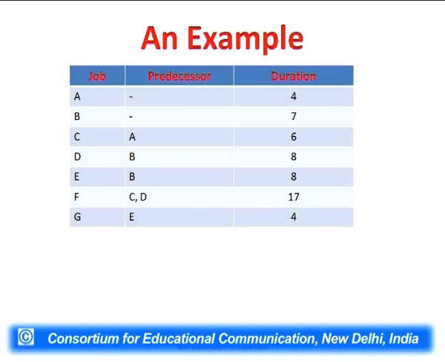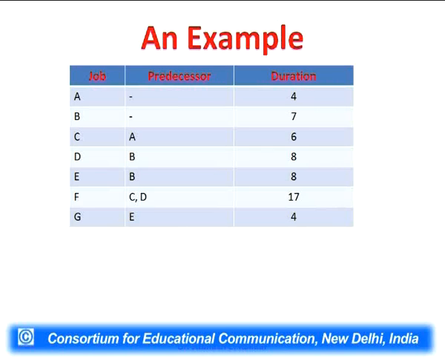How to make the network? I have an example, and three things are required for making a network. The first one is the job or the activity, the list of activities which are to be completed. Predecessor, what is the preceding activity to each of these activities. We have to make a list of those activities also. Then finally we should know the duration of each activity. So in this particular slide, the list of jobs to be completed and preceding activities are given, and the third column gives the duration of each activity.